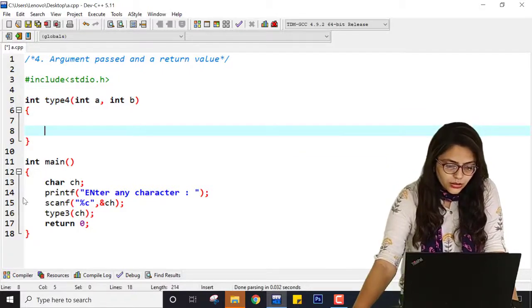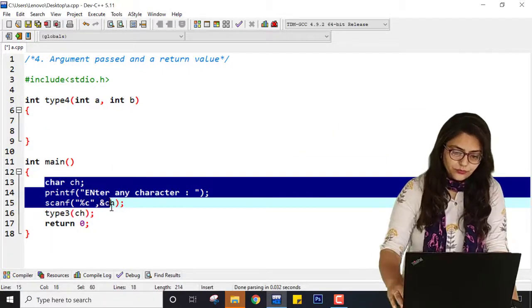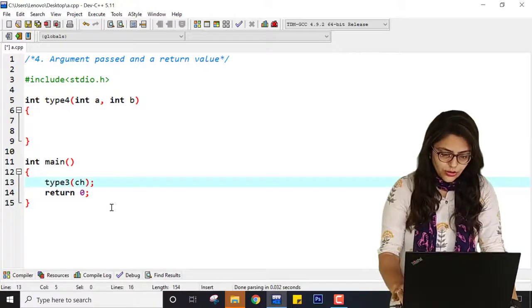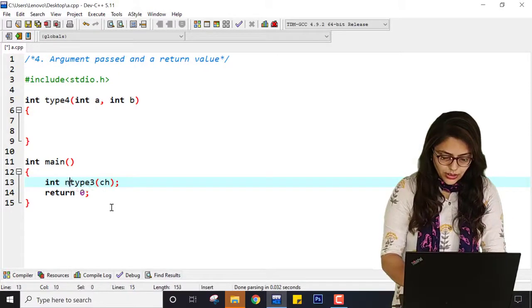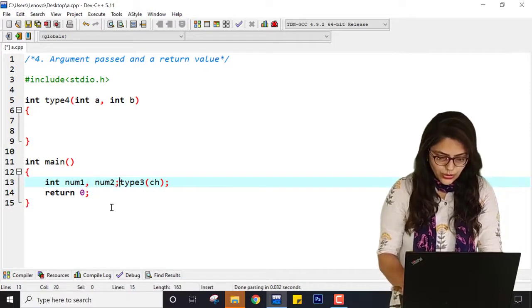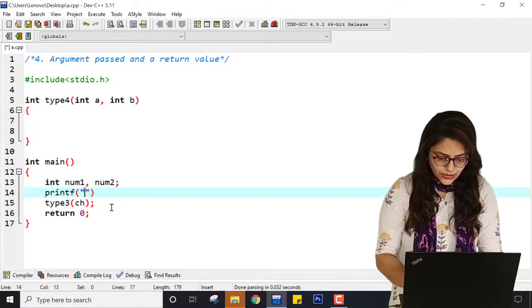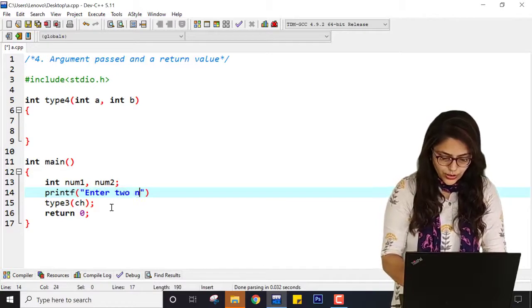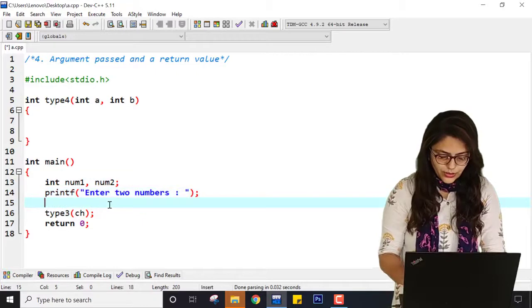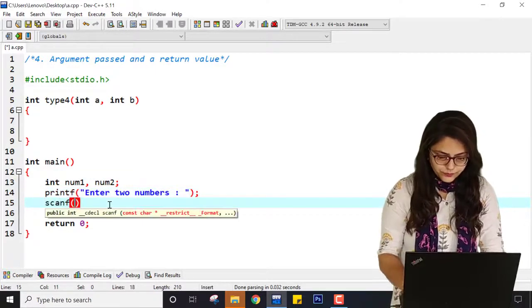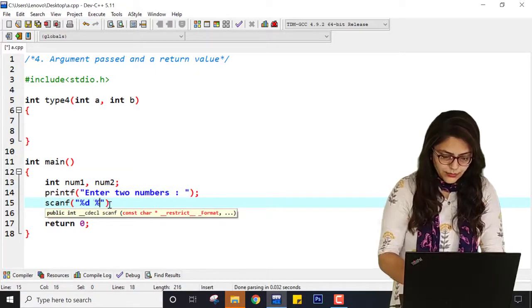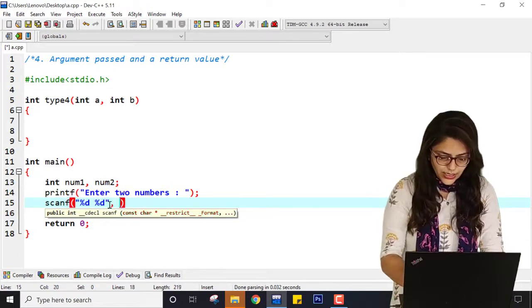So here I am taking int num1, num2, and here printf enter two numbers, and here I am doing scanf %d, and then num1 and num2.